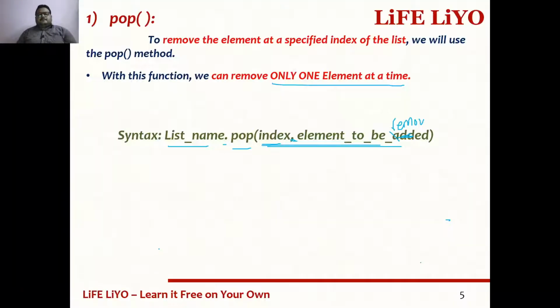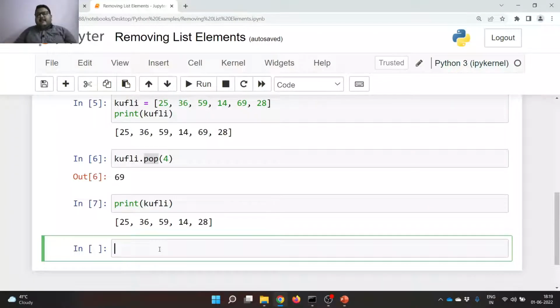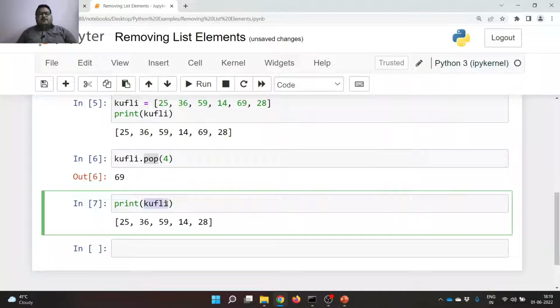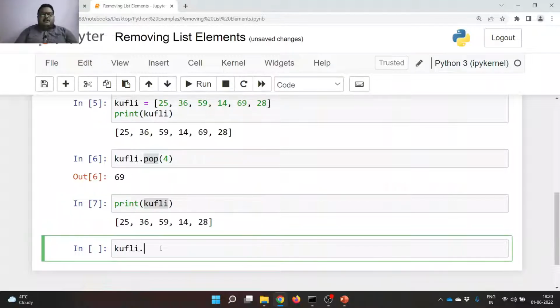Now I will tell you one other thing. What will happen if you don't pass the index? Before doing that operation, let's look at what is there in the Kufli list: 25, 36, 59, 14, 28. Now if I do Kufli.pop,